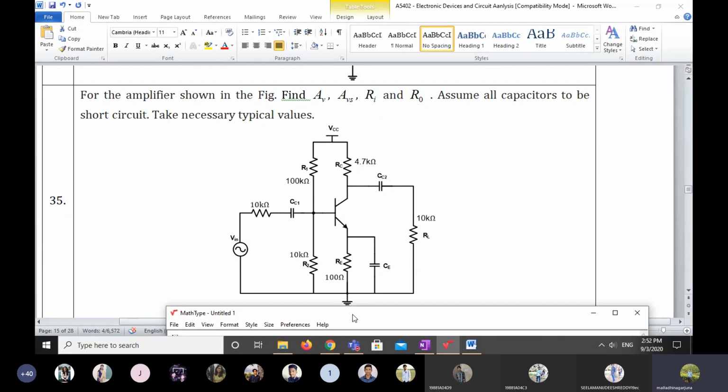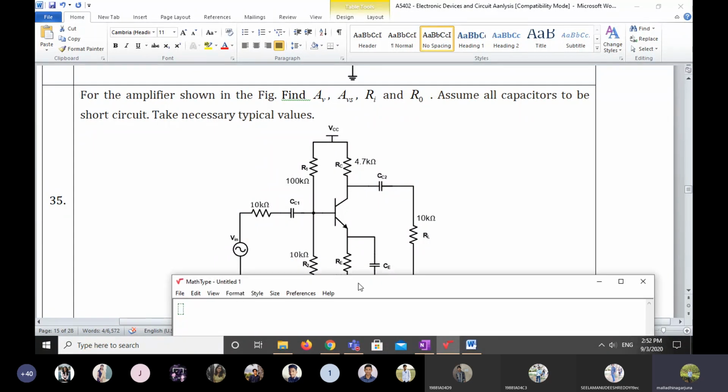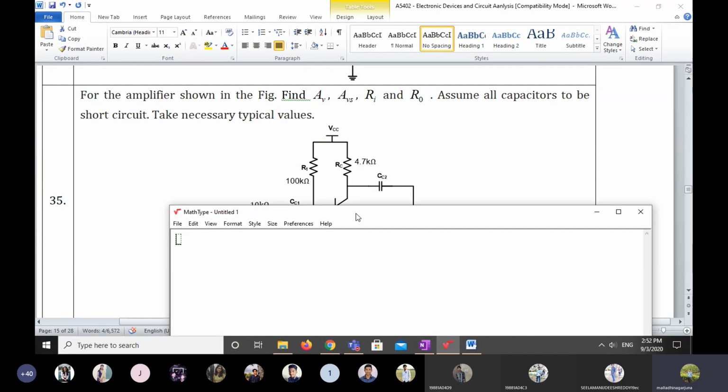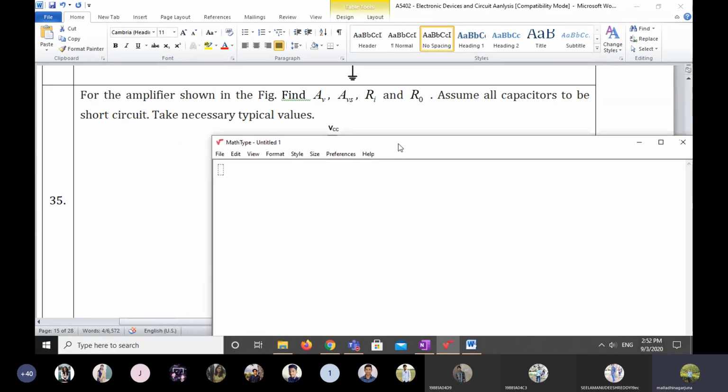Okay, yes. Next, what next? And from this you can calculate again. What do we need to calculate? Voltage gain, AVS, RA. First, let us calculate whether it is simplified or exact. So tell me whether it is simplified or exact. Exact. Sorry. What is the value you got? Simplified.